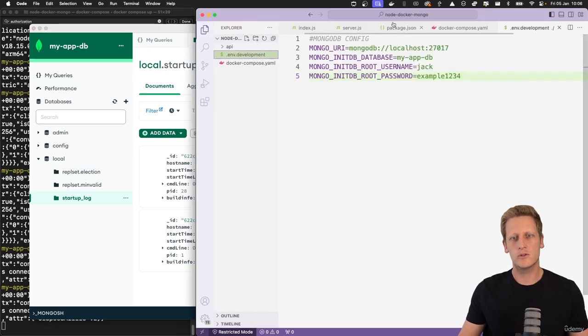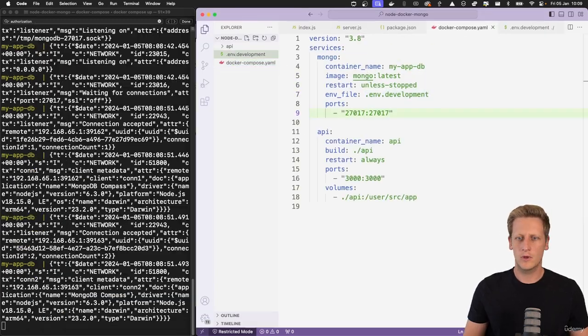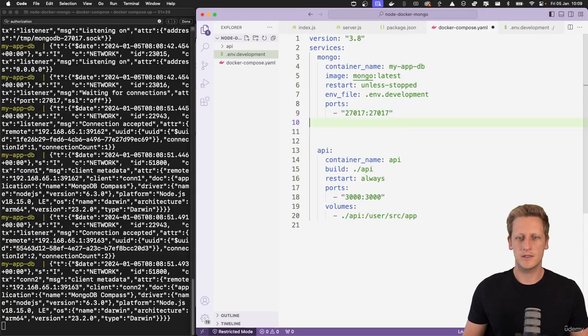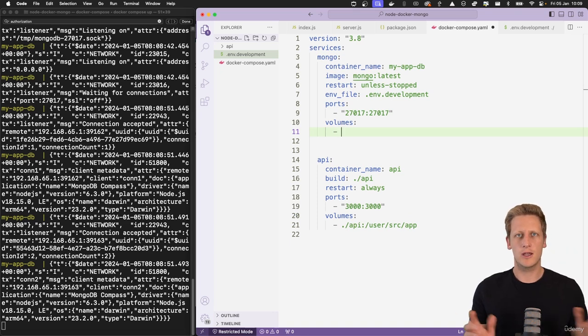So if we head on over to Visual Studio Code, and you can go to docker-compose.yaml, the way we're going to do this is set up an additional config key here for volumes, just like we did in our Express API. And we're going to create a volume mount here that we can use. So I'm going to reference a new folder, which we're going to create in a moment. So it's going to be a folder at the root of our whole project. And then I'm going to say